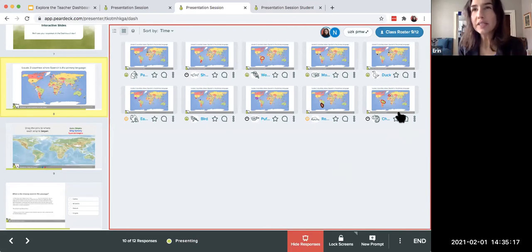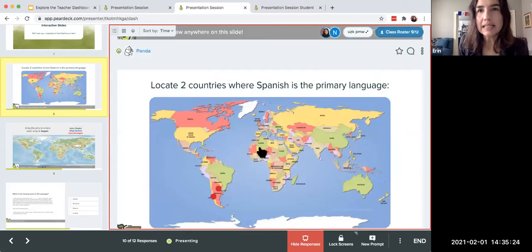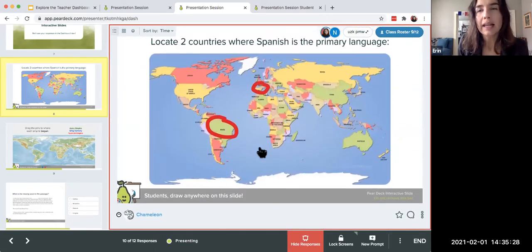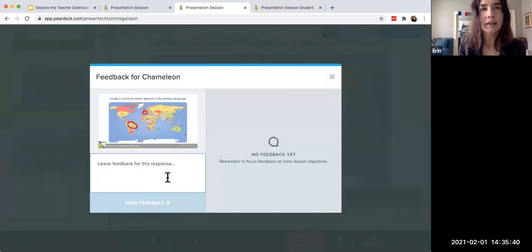So I've left a response here. I can see this response in the bottom right corner. I might turn on the list layout so it's easier for me to see what Chameleon said. All right, let's say I want to give some feedback. I can do this in instructor and student pace mode, either way. So I'm clicking on the feedback button, this comment button, and I'm saying,